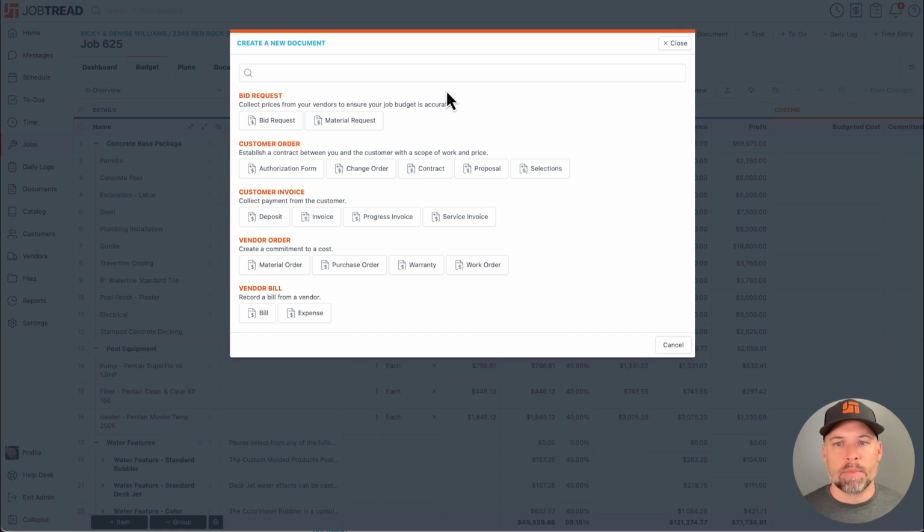They don't have to remember a username and password. They can access the plans. They can give you a number. Just really, really cool. Customer orders are going to be anytime you're sending a contract over to your customer, whether